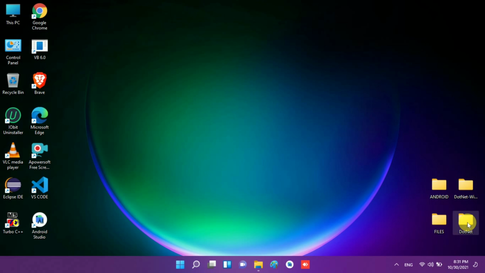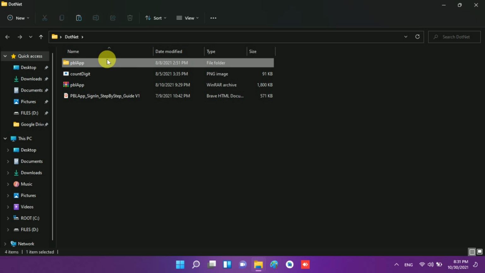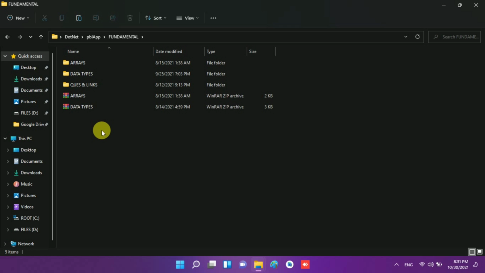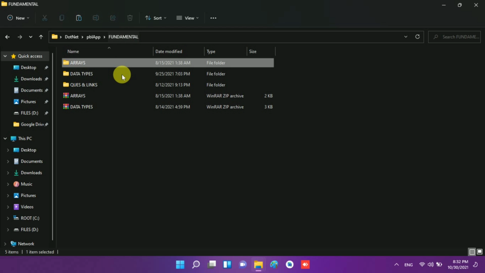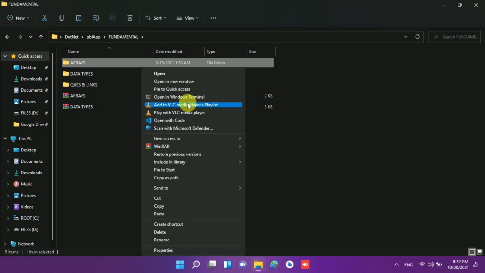When you have installed the WinRAR software properly, you need to open the folder again, create a folder for the module and place all the required source files in it. Also rename them like this, array1, array2, array3, and place them in the array folder. Then right click. Now you have to go to WinRAR. If you have Windows 10, you will see these options.